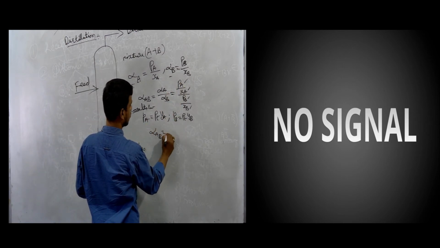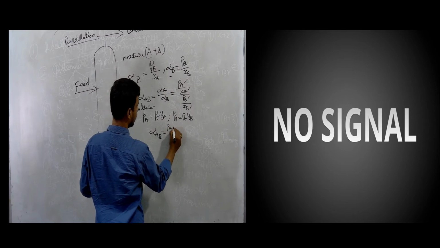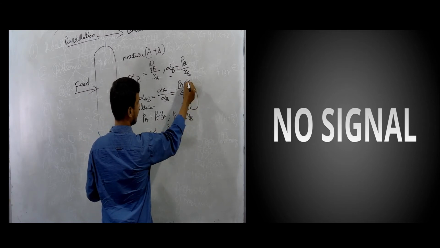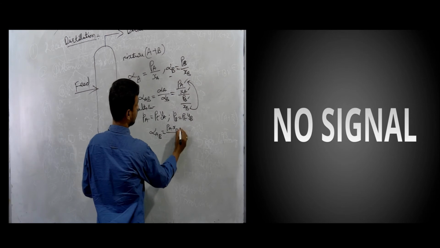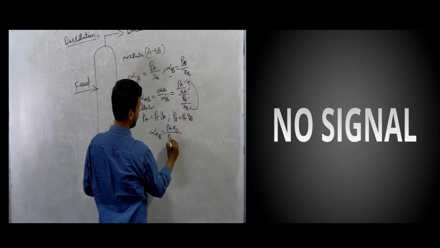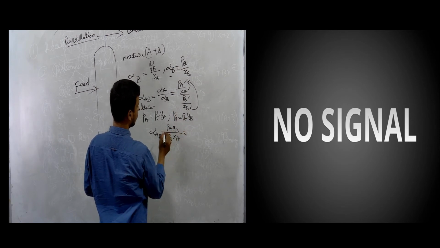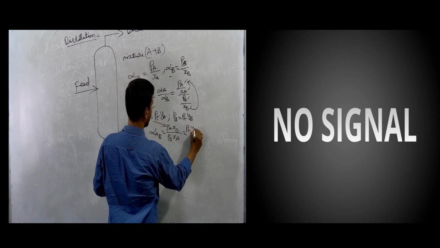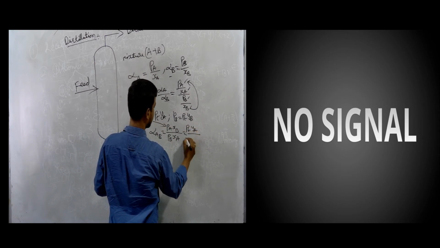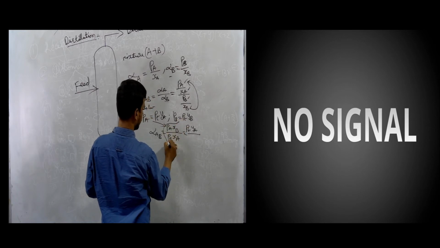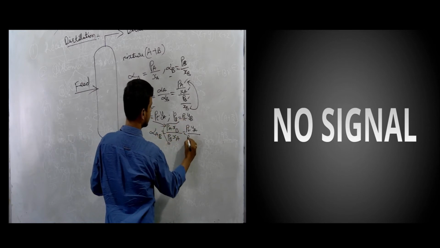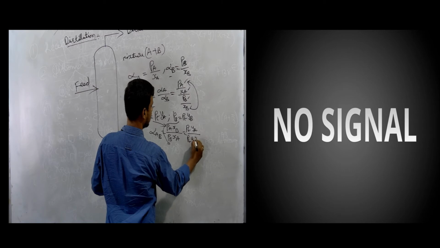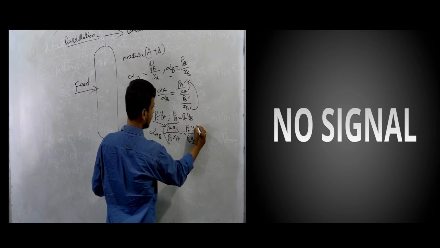Alpha AB is equal to PA into XB, since it will carry to the numerator, so PA XB divided by PB into XA. Now this PA we can substitute from this equation here. So it will be PT into YA divided by PB, which we substitute here, PT into YB, into XA left, and here XB left out.